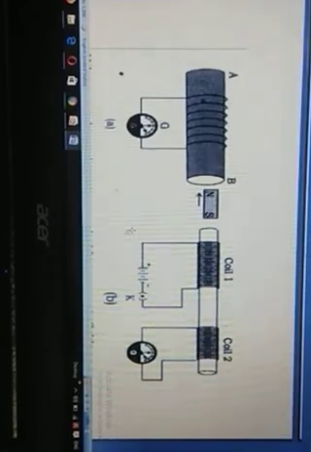Electromagnetic induction can be explained using Michael Faraday's experiment. Faraday, an English physicist, studied the generation of electric current using a magnetic field and a conductor. I repeat: he studied the generation of electric current using a magnetic field and a conductor. Isn't it, students? So electricity production as a result of magnetism, or induced current, is called electromagnetic induction. Electricity produced as a result of magnetism is known as electromagnetic induction.